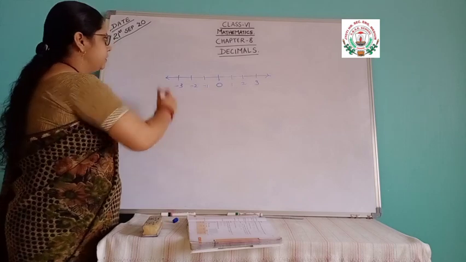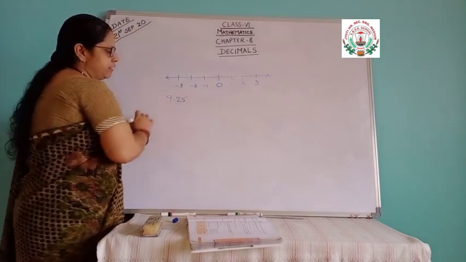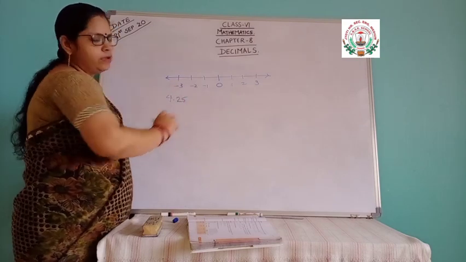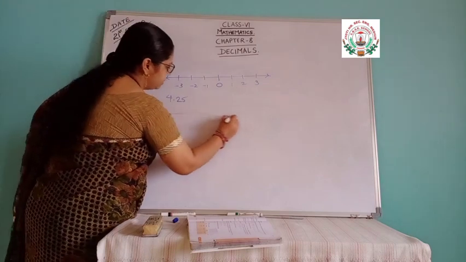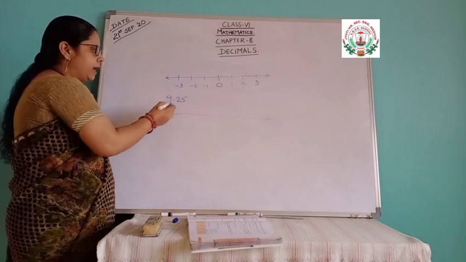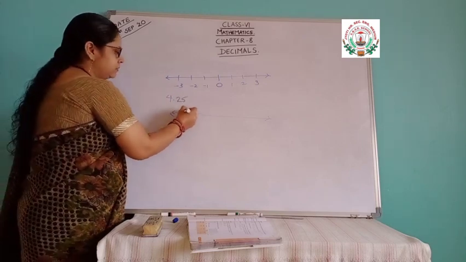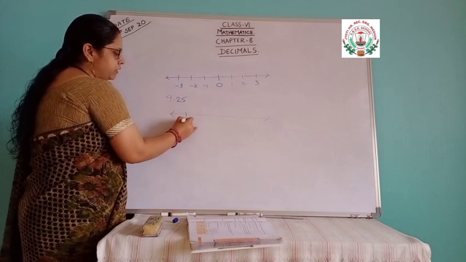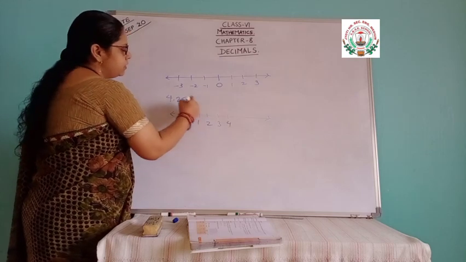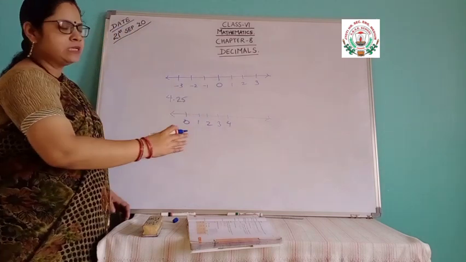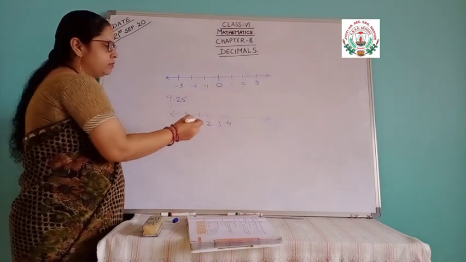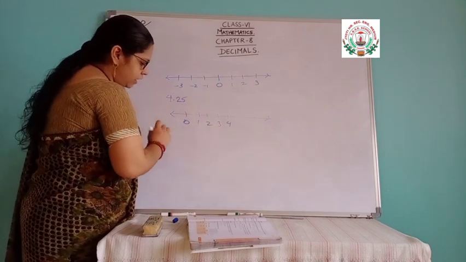Now, like the example we had, 4.25. Where will this 4.25 lie on the number line? So here will be the number line. 4.25 means definitely it is greater than 4 and less than 5. And it is positive only, so the negative side we will not take. Starting from 0: 1, 2, 3 and this is 4. Now here we need a little more markings, because this number is greater than 4.